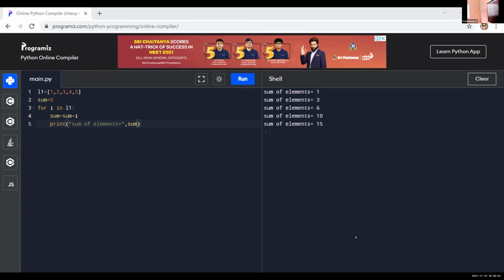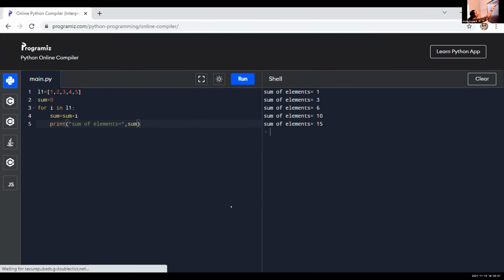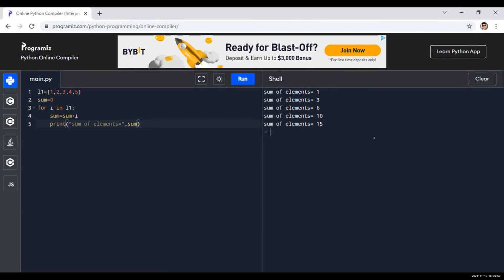Okay, one second, Vinayak. Why is it like this? Anyone? The print statement is inside the indentation, that is, inside the for loop. If I use the print statement with the same indentation as this sum, then after each and every sum, the output will display like this, that is, after finding the...